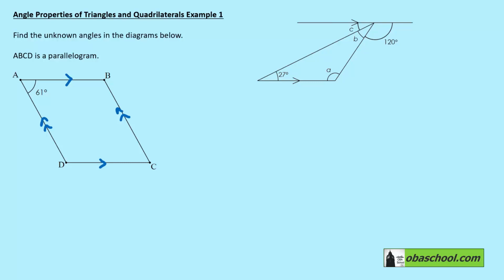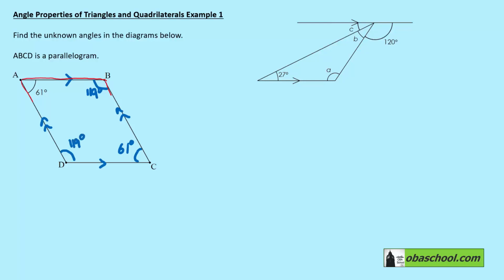So if we look at this part of the diagram here, we've got a C shape, so we have co-interior angles, which means that this angle and the 61 add to 180, meaning that this angle must be 119 degrees. We can apply the same rule to get this angle here, and so this one must be 61, and then finally apply the same rule again, or the fact that the three angles add to 360 to get that this one is